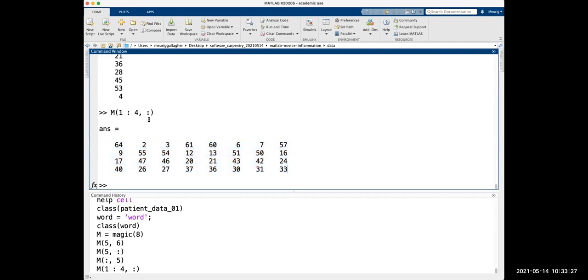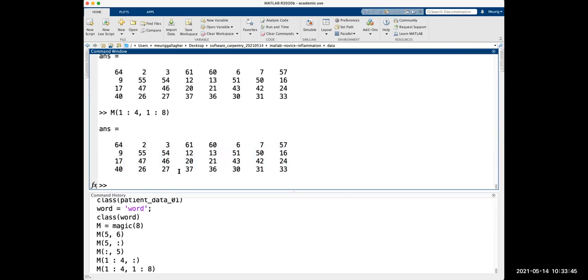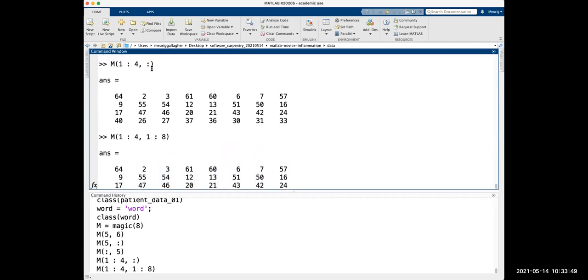So really, this colon for the columns is just a short way of saying, so I pressed up again to get to my history, we start at 1 and go all the way to the end. We can use this end keyword that just says go all the way to the end of our matrix. Or we know it's an 8 by 8 matrix, so we can just say 1 to 8, and that's going to give us exactly the same output. Or we can remember that you can just use a colon as a shortcut and go through.